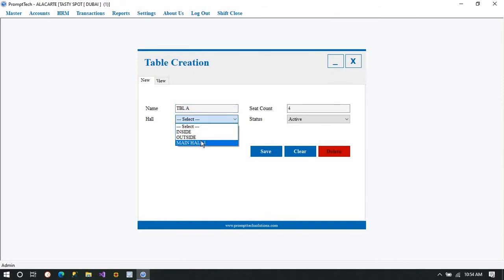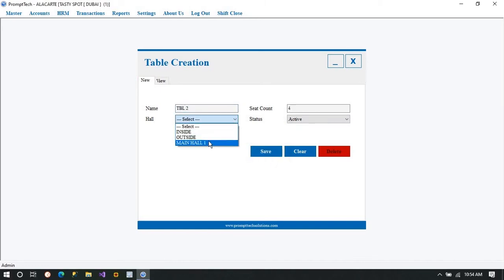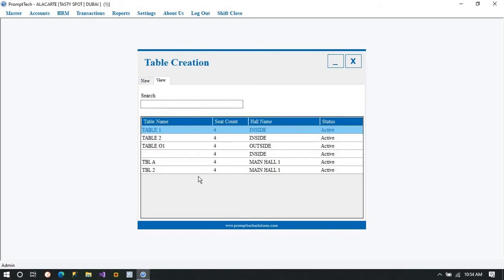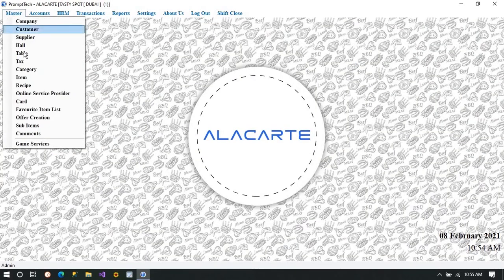You can even do table creation. The next menu is table creation, where I'll be doing the table creation, the seat count, how many, which hall it belongs to. So that's the main hall it belongs to, and that is also created perfectly. So these are basically, see, I've created a list of halls. A list of tables can be created. So you can name the tables as well, or number 1, number 2 as per your requirement.